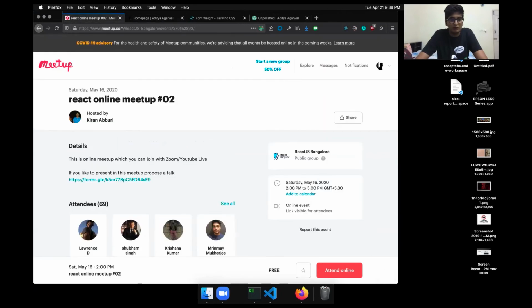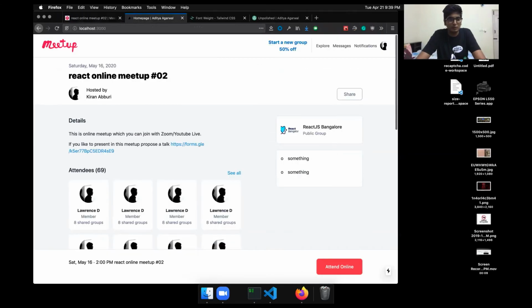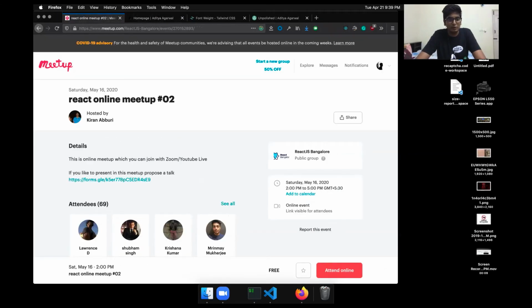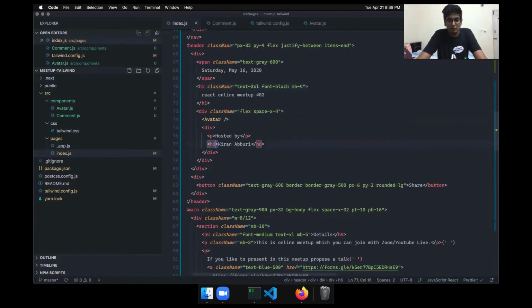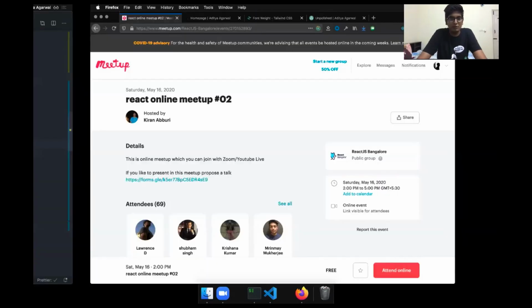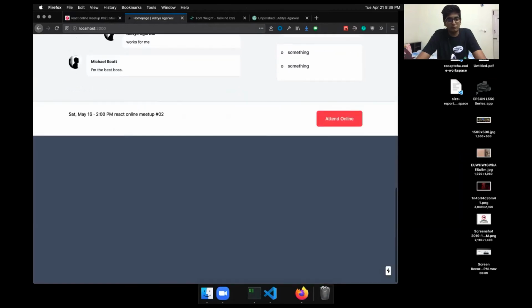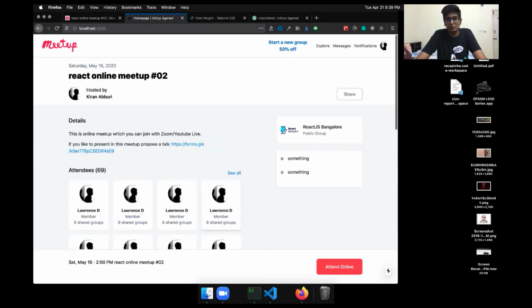And then we need some margin between these. So let's do MB4. Nice. And this Kiran Aburi will be a little bolder. So class name, font bold, font medium. Cool.